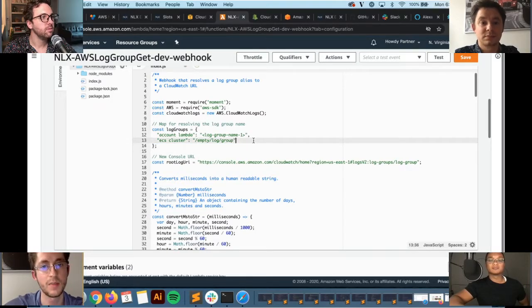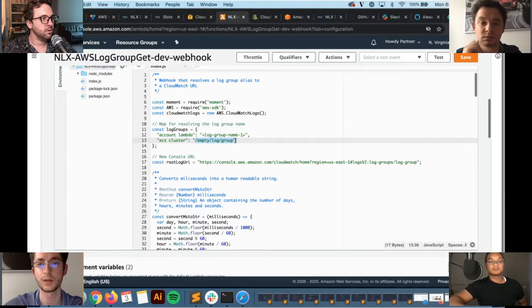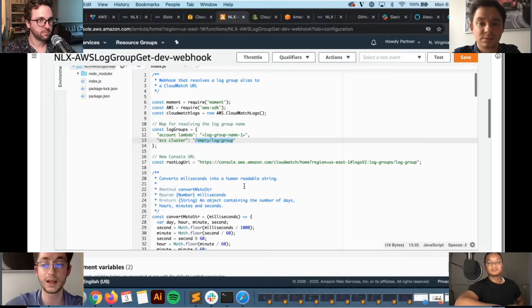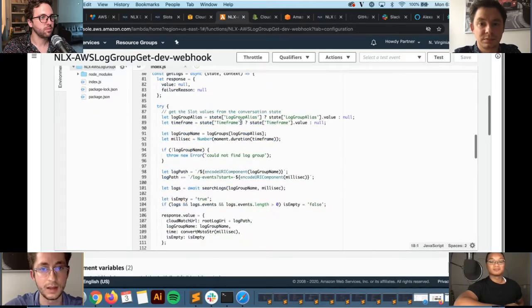But this is essentially the map, right? Remember, we had the slots, and these are the values that the slots will resolve to. This is where we would put the CloudWatch log group, and we would be able to do the end-to-end to query CloudWatch to see if there are logs and create the link. So I'm just going to hit save here,